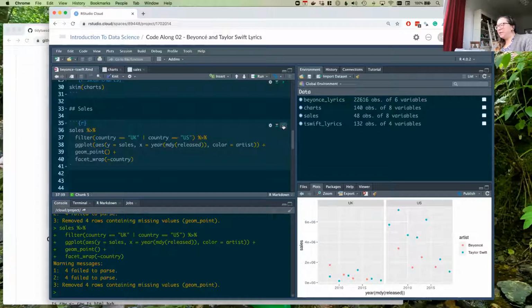What does this tell me in general? Or what are some things about this plot that are hard to read? Is there anything that's bugging anyone about this plot? Anything we could fix up a little bit more to make it a bit better? The sales scale is annoying, right? It's hard to tell what those numbers are.